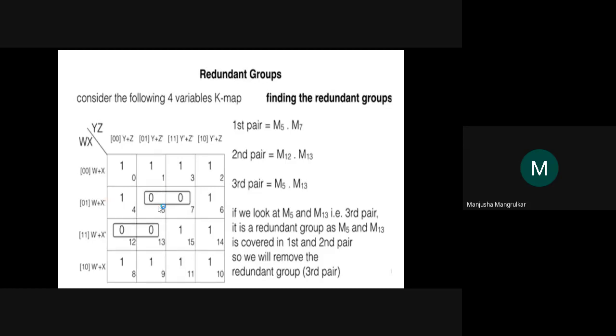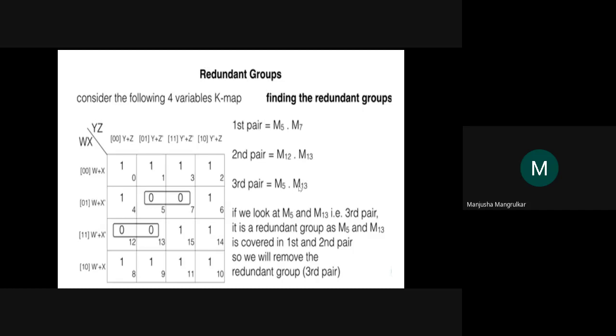So we will pair for this. It is not necessary to pair for this, right? Because these are engaged with this, these are engaged with this. These 13 zeros are engaged in a pair with 12 numbers. 5 zeros are paired with 7. No zeros are left, so it is not necessary to do the pairing of this 5 with 13, right?